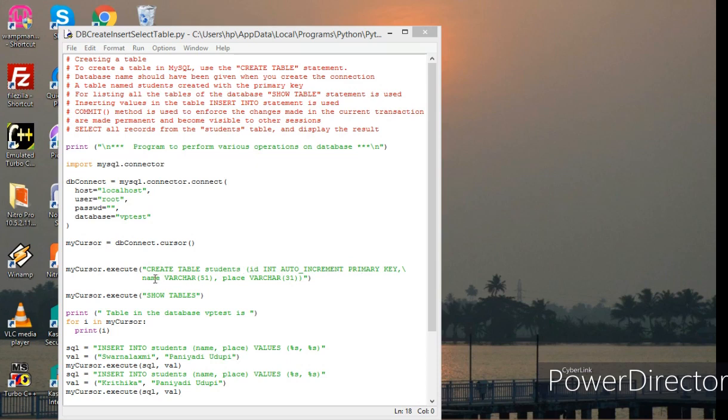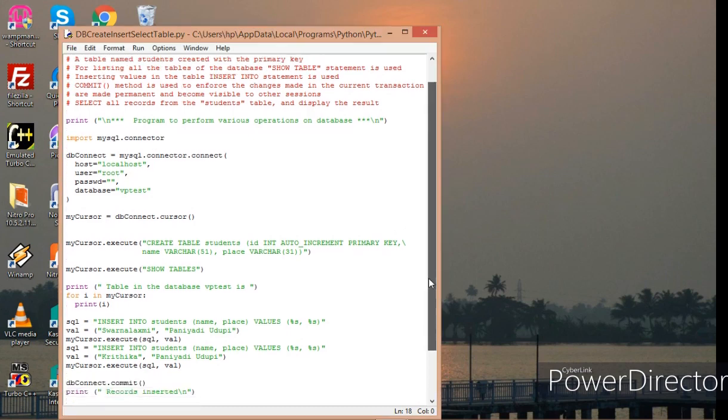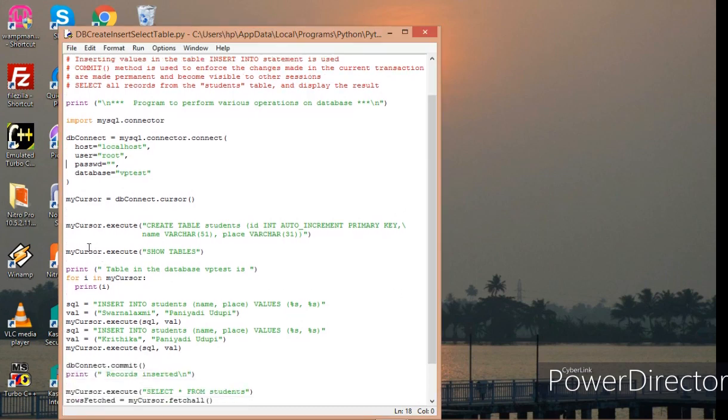Then another attribute is name, which is of type varchar, and the third attribute in my table is place, again of type varchar. Now the table is created, and after that we are executing the show tables statement, so that whatever tables are present in this particular database VP test will be displayed.